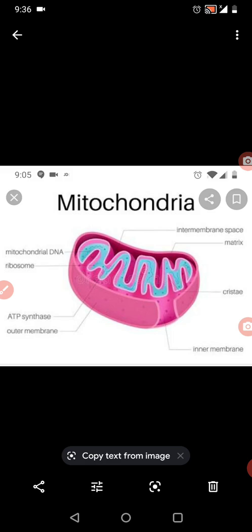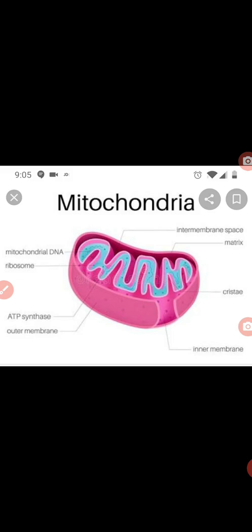The cell becomes charged. This cell also needs energy, right? Cells also need energy for various functions. So in short, we can say mitochondria work as a battery, right children? Here mitochondria are working as a battery. It gives energy to the cell in the form of ATP, and therefore we call ATP the currency of a cell. It is a cell currency.